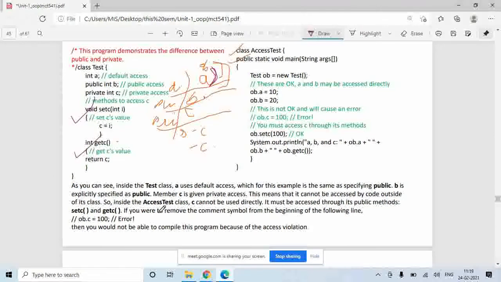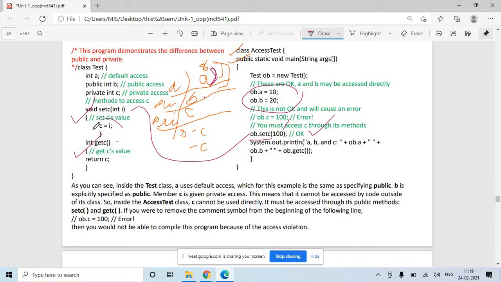You can retrieve it with the help of a function. So if you want to initialize the value of c, you will not initialize it like this. You will use this function. You will call ob.setC, and initialize whatever value you want, 100. So this function will get called and the value of c will be initialized. So if you want to initialize the value of a private variable, you will initialize like this. Public and default values can be initialized like this.